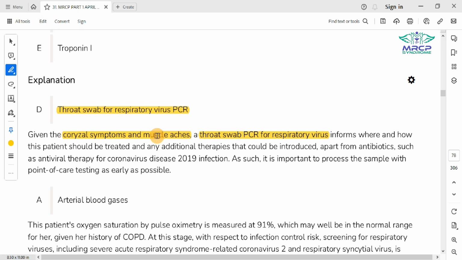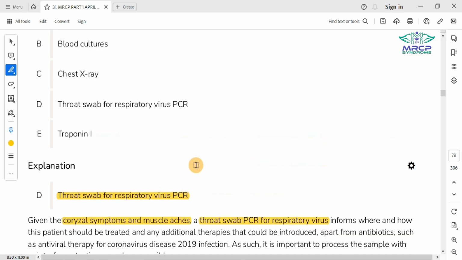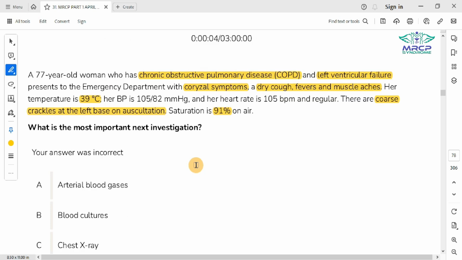should be treated and any additional therapies that could be introduced apart from antibiotics, such as antiviral therapy for the coronavirus disease 19 infection. As such, it is important to process the sample with point of care testing as early as possible. Although the scenario here is COVID-19, in the original recall, it was actually a scenario of a patient having influenza,